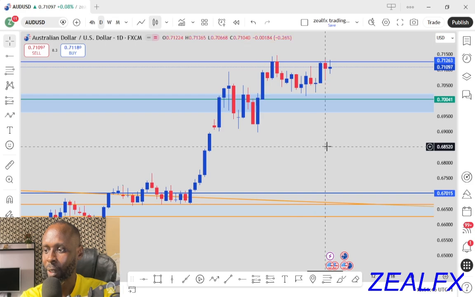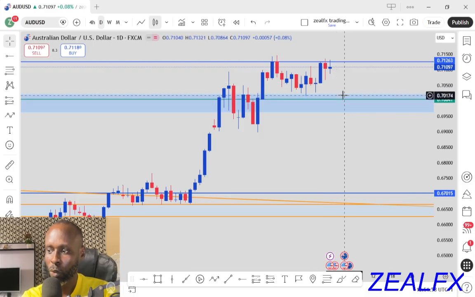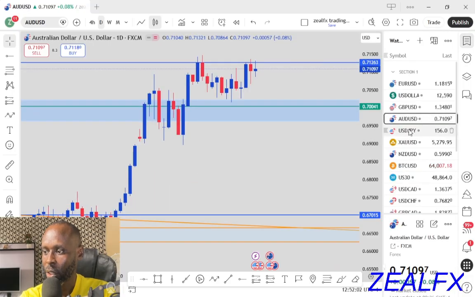So on my daily chart, our job now is to wait for price on this weekly support level for us to buy the Australia USD to the top. If price fails, then we can look at a buying opportunity from our previous setup on the Australia USD. So let's look at our next pair, which is the